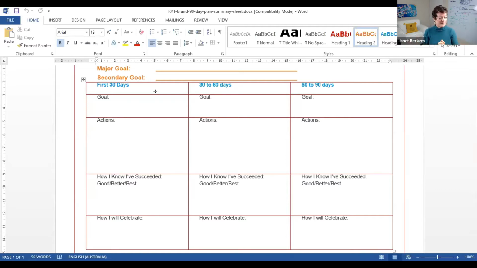I use that myself, and I actually save it as a screensaver on my computer, and I put it on my phone, so that I've always got a reminder of what my focus is. So that's why I like to bring it down to a one-pager, and I also have it printed out, because I'm very much a paper type person, even though I rarely use it.